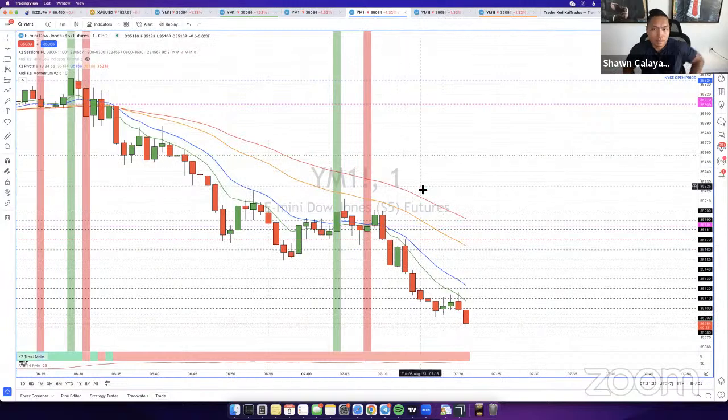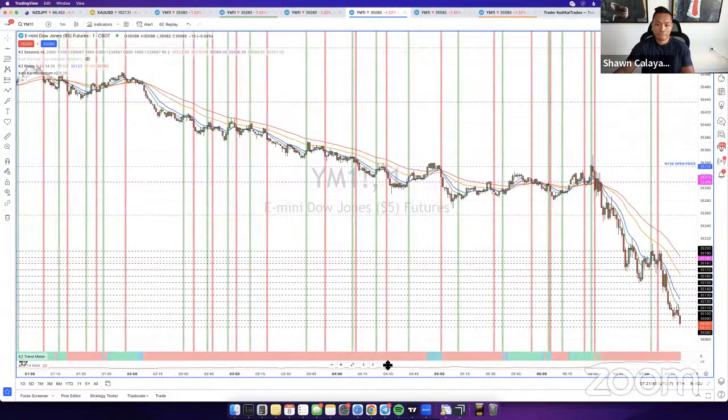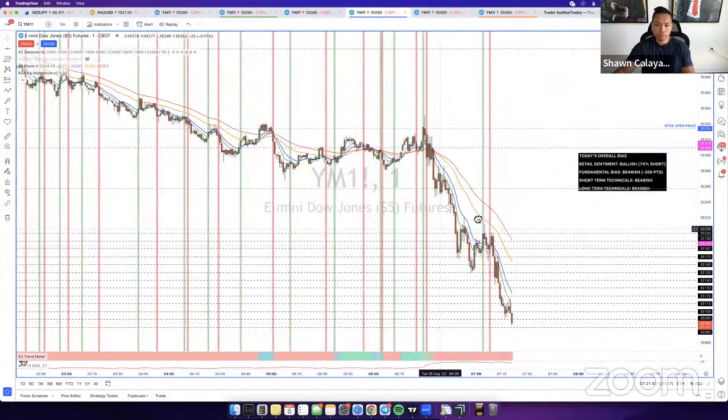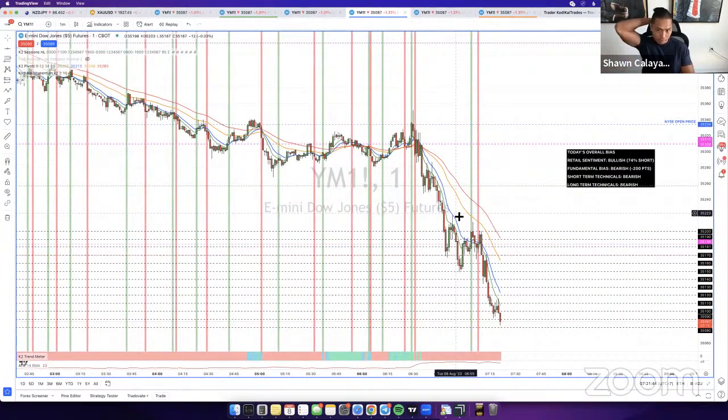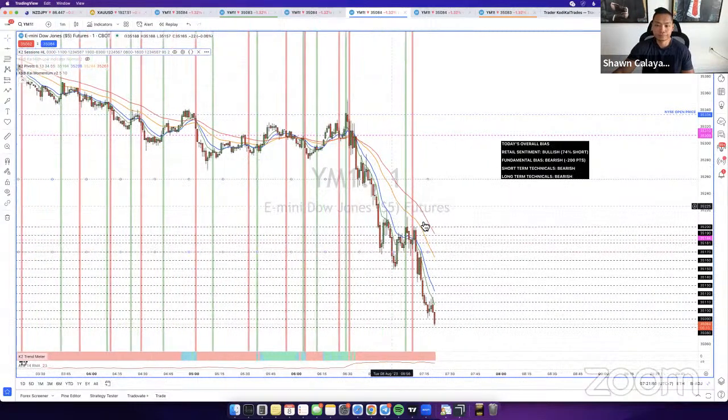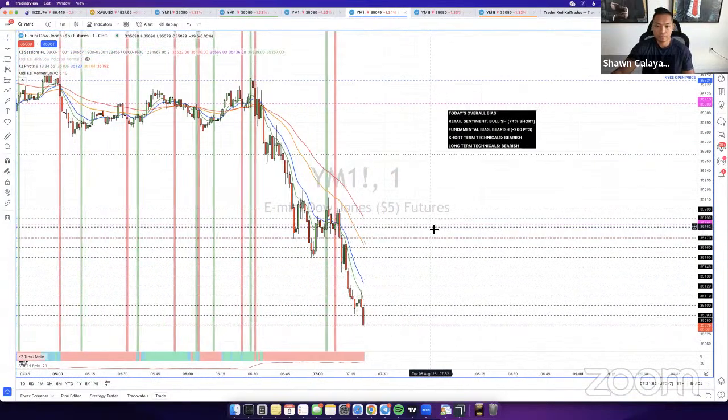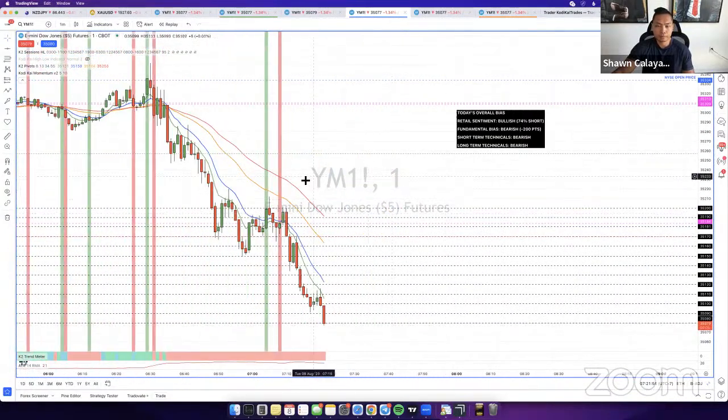Because the thing is, it's not like I learned this from anybody. I learned this from myself. I'm good at looking at charts. I'm good at identifying patterns. Literally every strategy I've come up with was just identifying patterns. I'm like, okay, price moves in this way, and then we can enter at this specific point, and we can get in from there.